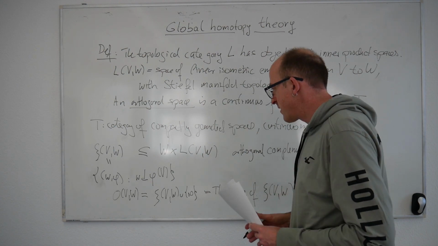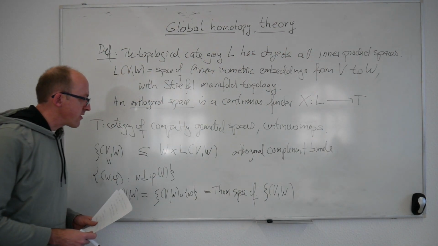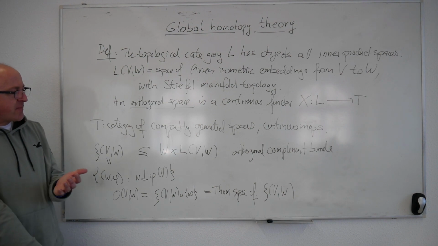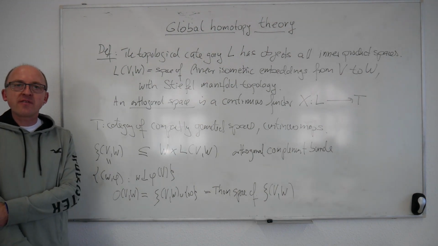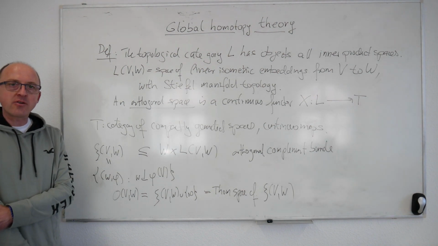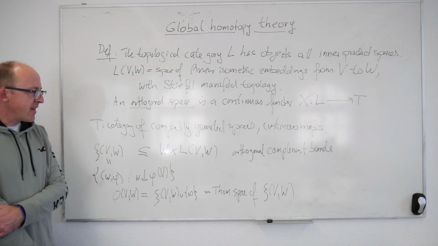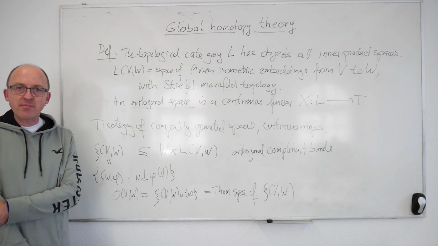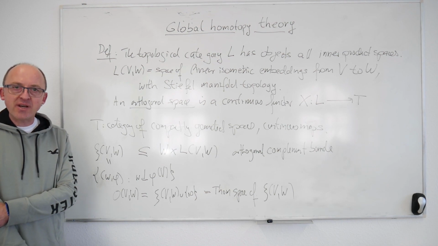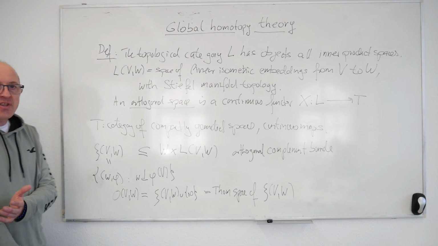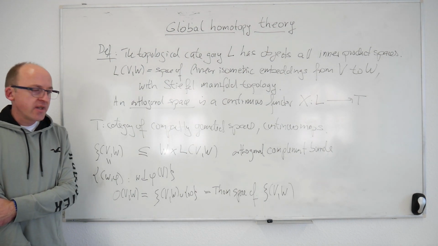So maybe here a brief explanation is again in order. Sometimes Thom spaces are discussed only when you have a metric on the vector bundle, and then often these are defined as the total space of the disk bundle, modulo the total space of the sphere bundle. And that is the definition that works very well in general.